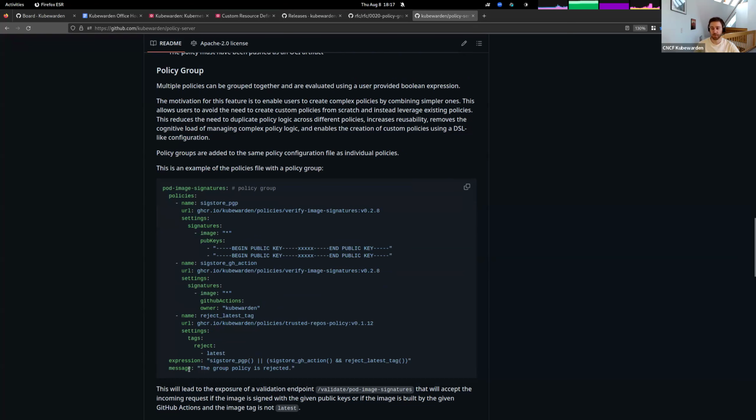Okay, just one question. This expression, we expect CEL language there. Yes, we expect CEL language to be there. It's going to be a stripped down version of CEL because we want just to have support for logical operators. But yes, that's it. Okay. Feels like a super nice feature, no? And given that the policies can also be written in CEL and not be purpose-built policies and so on that maybe one needs to be more careful with, it opens a world of possibilities. Yes.